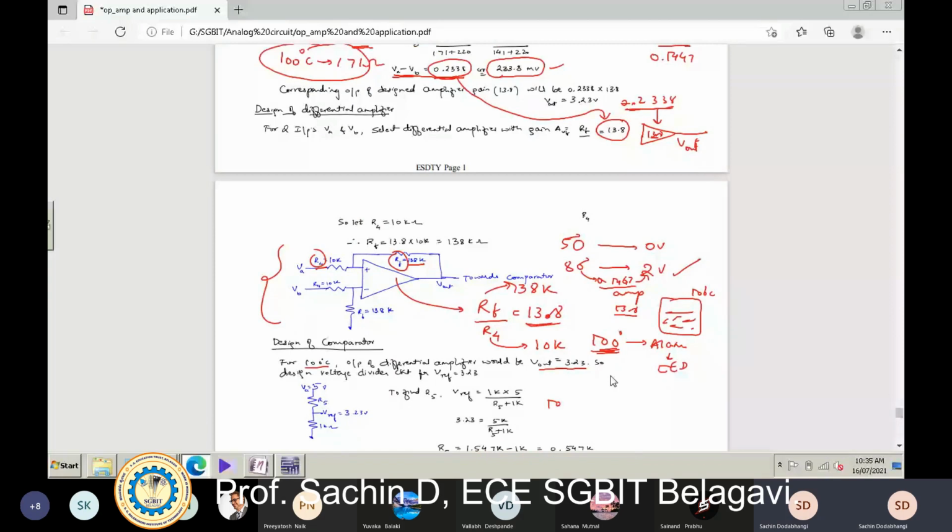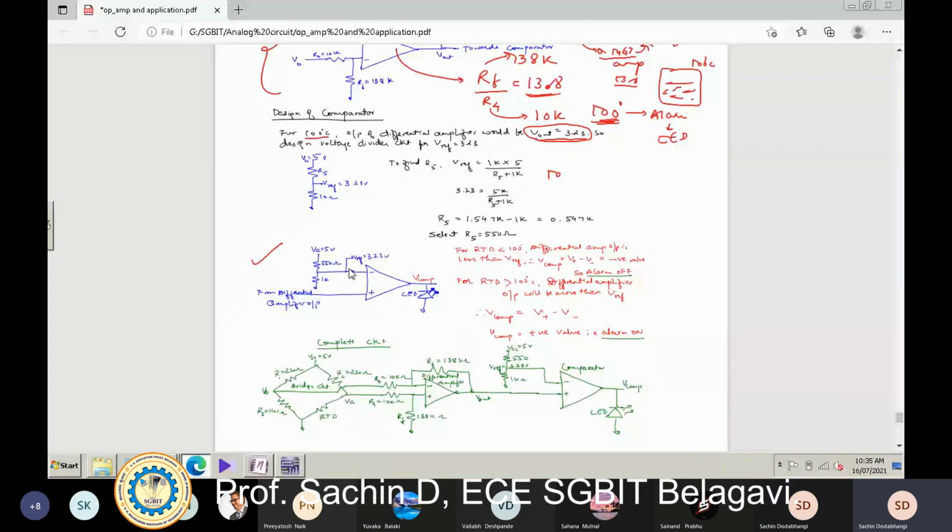So what I will do, I will take a comparator. In this comparator circuit, for one of the inputs, I will take a reference voltage of 3.23. Here you can see it. To design for this 3.23 reference voltage, as I told you in yesterday's class, we can use a voltage divider circuit. So here is my 5 volt, I will take VCC as 5 volt. The voltage at this point has to be 3.23, so I need to design for R1 and R2.